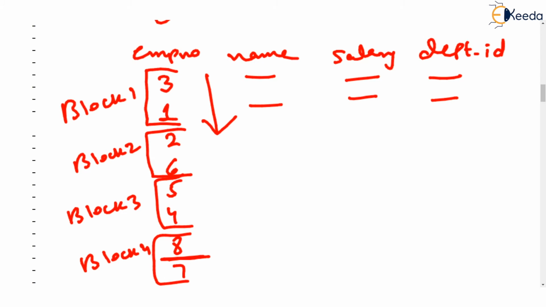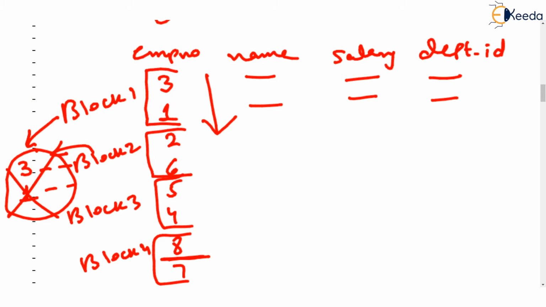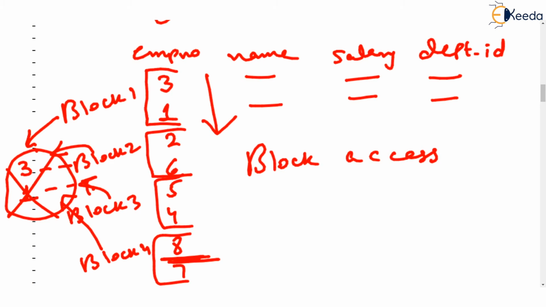So what the system does is simply it reads block 1, places it in RAM, and searches, is this containing 8? With other details also it is transferred. No, it isn't containing 8. Then we can't take any idea whether 8 is above or below this block. So block 2 is read. This also doesn't contain 8. Block 3 is read. This also doesn't contain 8. Block 4 is read, and that contains 8. So we got our record. So how many block accesses were done? Exactly n, where n is the number of blocks. I hope you are understanding.